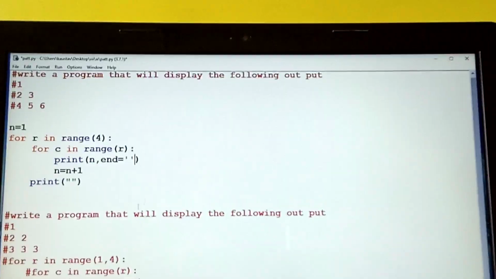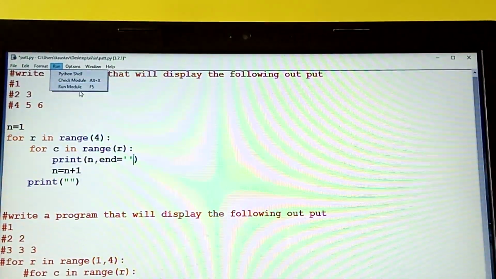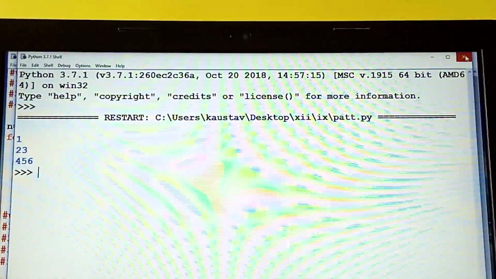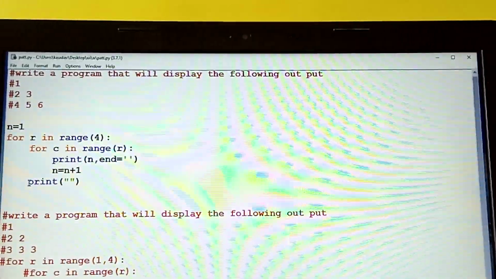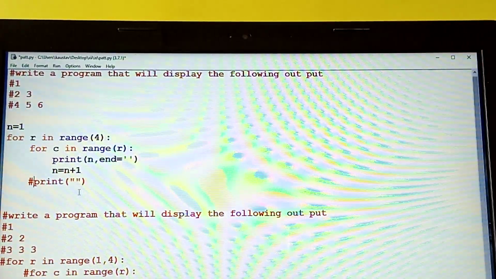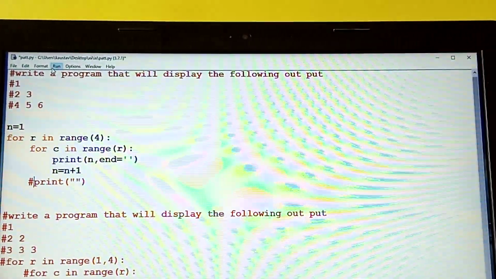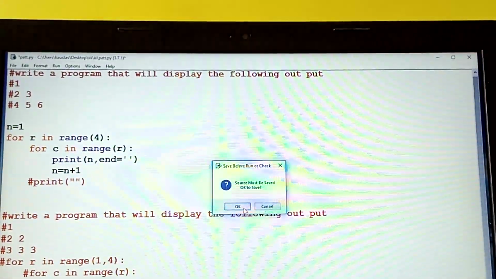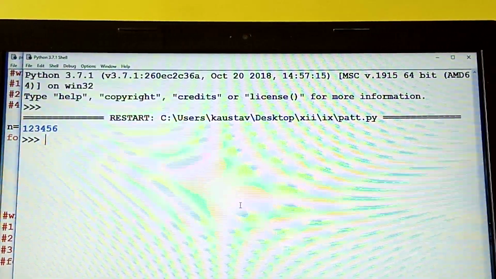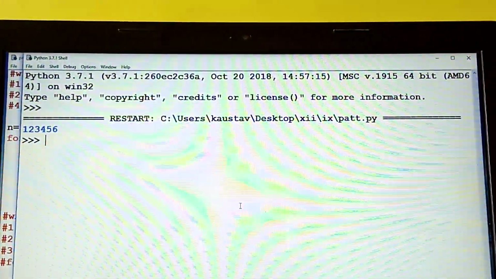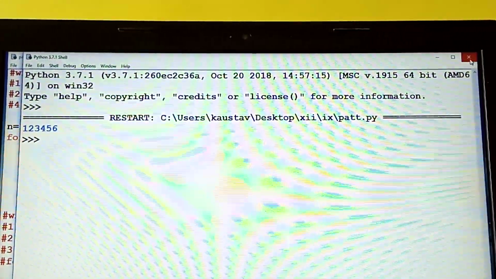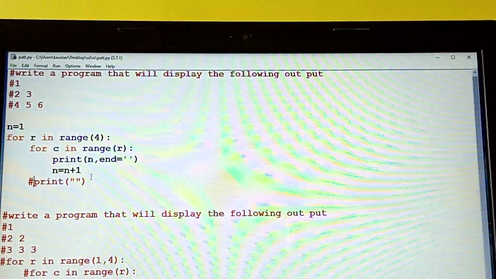Okay. Now you can ask what is the use of it. If I run this program right now, the same thing is going to happen. Now if I don't use this print, I will put the hash over here and make it a comment. Now you see what the output will be. end is used, and that print has not been used over there because I have made it a comment. What happens? The line break is not there. Thank you.